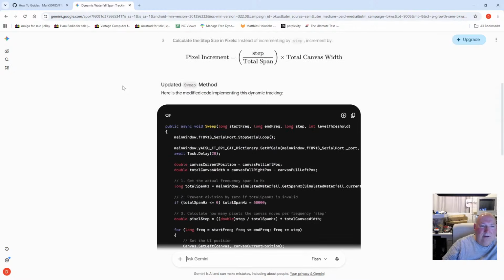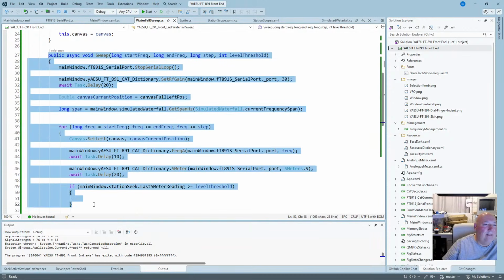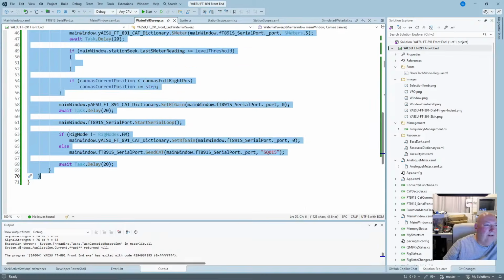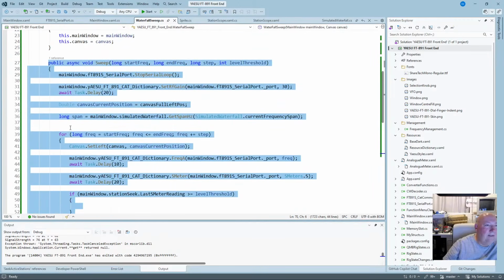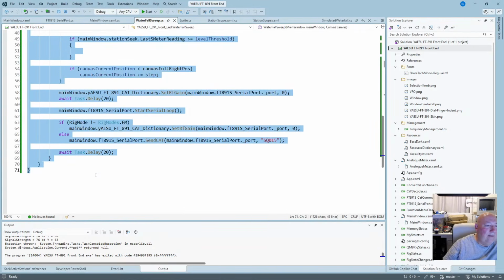Right, let's just copy that over there. This is what you do now, just copy the code. And you should have a quick look at it really, you should look at it before you do it, but